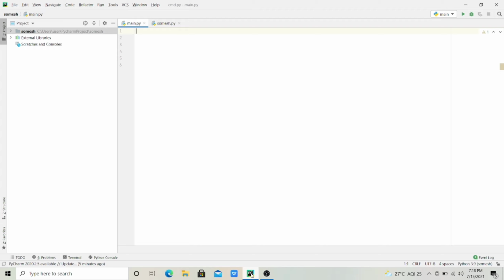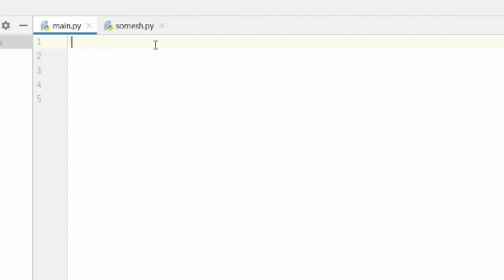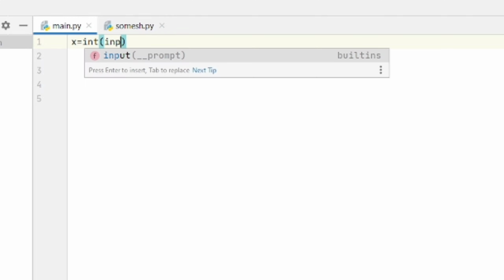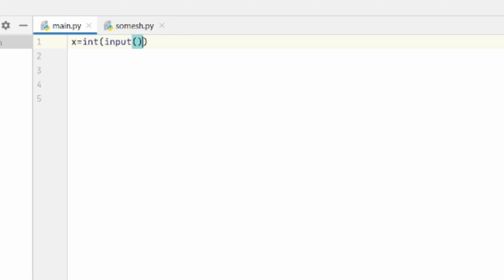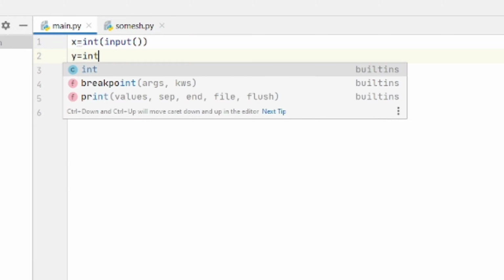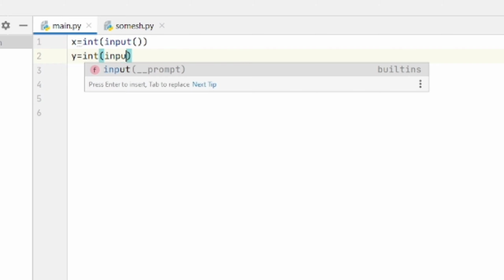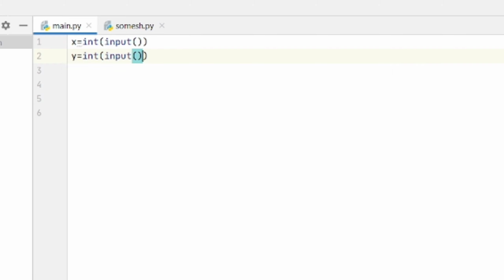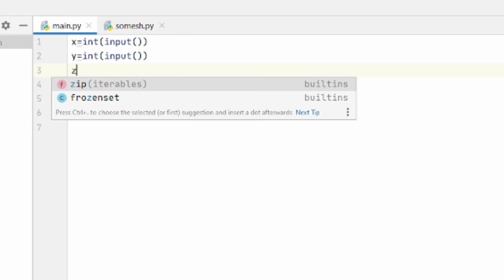Now we will run a small program in PyCharm. Let us take input from the user. I have taken two inputs from the user and I have to add these two numbers.